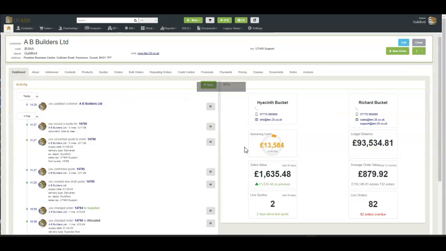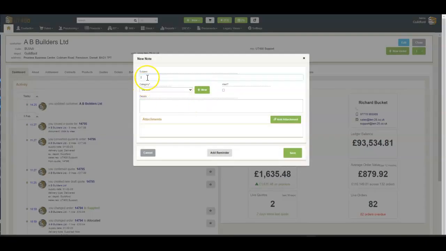So if I double click onto the customer record, it takes you to the customer homepage. On the left hand side you'll see the activity timeline. That's got in it everything related to this particular customer, including any quotes and orders that may have been raised and processed for them. You can also add a note for the customer, so you can go in, type in